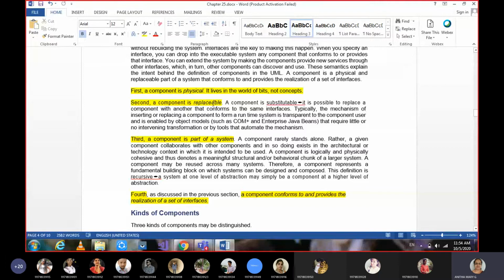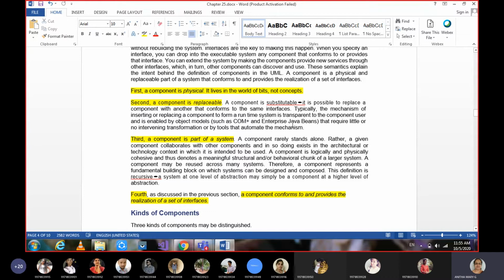In another way also we can say, a pen drive with an older version can be replaced with another pen drive which is having new things. Okay, so that is what we say about a component being replaceable, and such things we can do in object models like COM, Enterprise Java Beans and all.